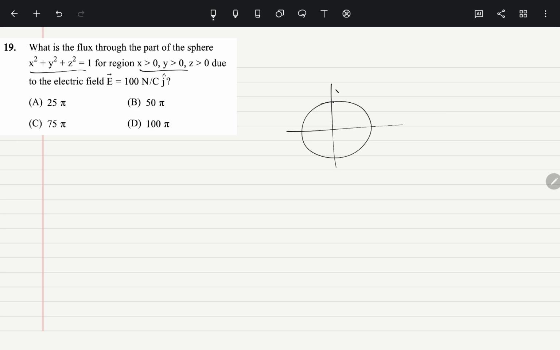First of all, this quadrant will be on the upper side. There are two regions, the upper region and the lower region, and this quadrant will be in the upper region. So first, let's calculate the flux passing through this upper hemisphere. We know it will be q by 2 epsilon naught. Yes or no? So the whole is